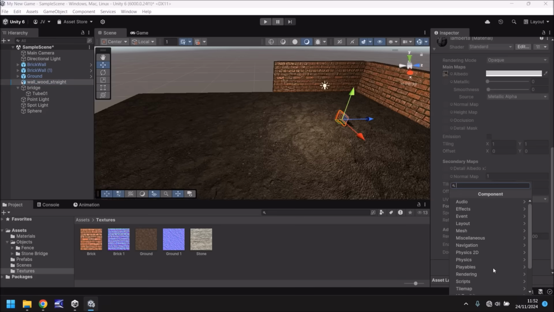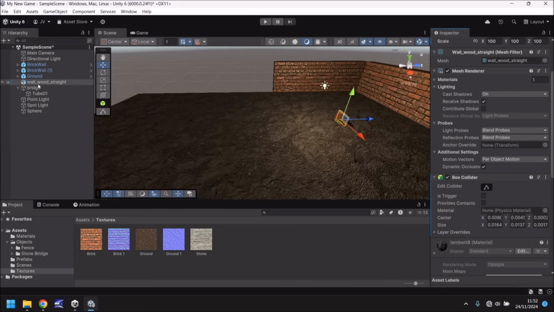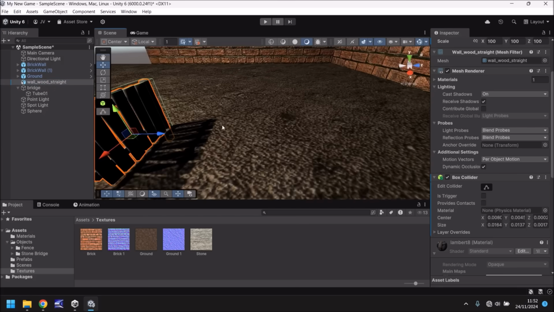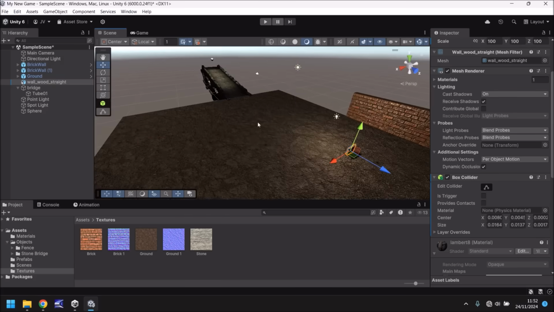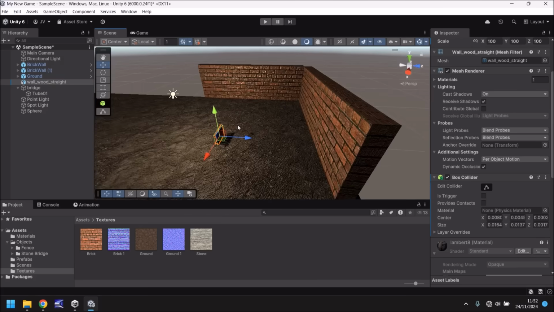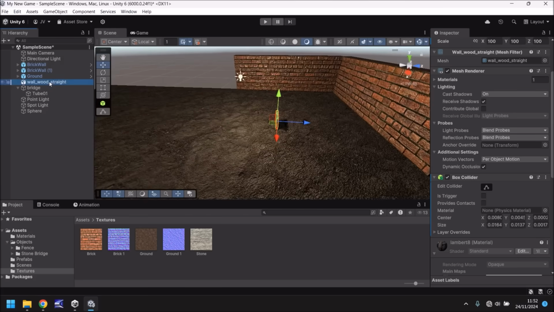So we could theoretically add a collider. And now, if we had a player, the player would not be able to walk through this unless we set up that player to be whatever they were trying to do. Other things you could do is, not that it's really relevant at this point, but if we wanted to duplicate our fence,